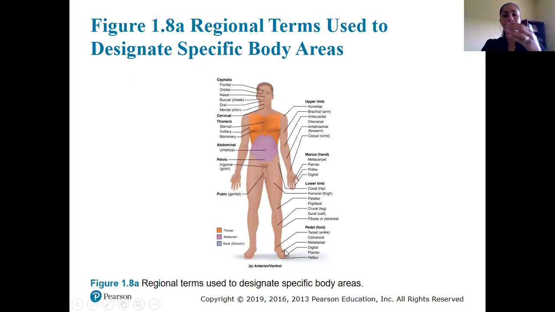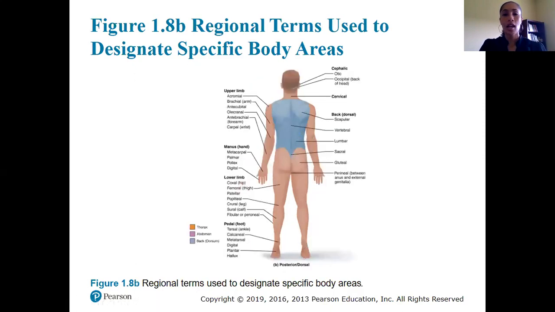Metatarsal is just going to be that middle area between your ankle and your toes. And digital is a term that we use also for the toes. Looking at the posterior portion of the body, the terms that are a little different, we have